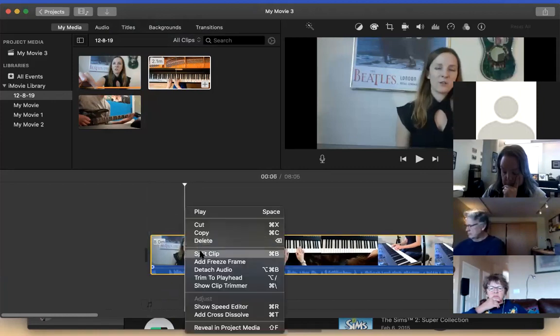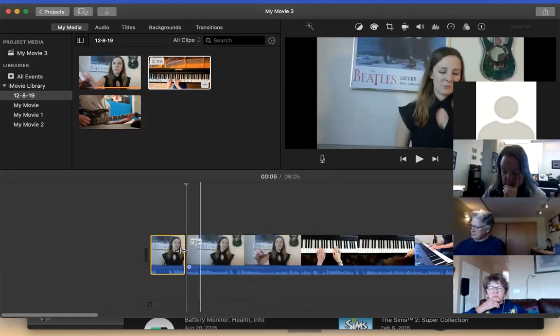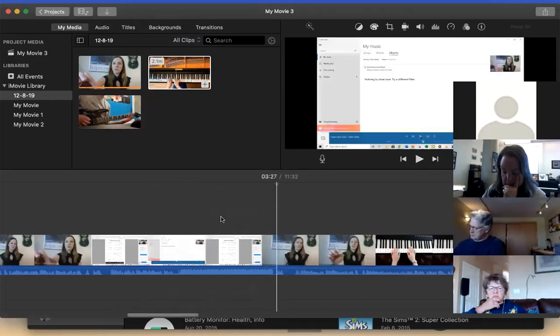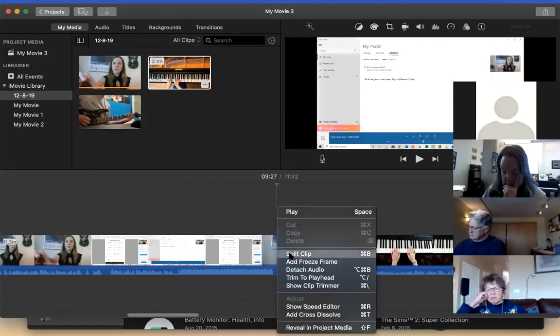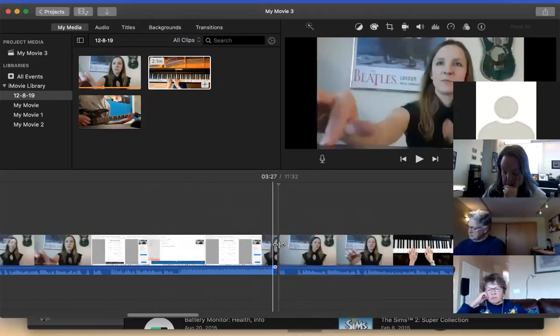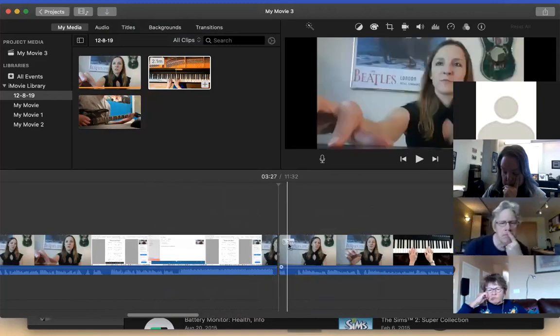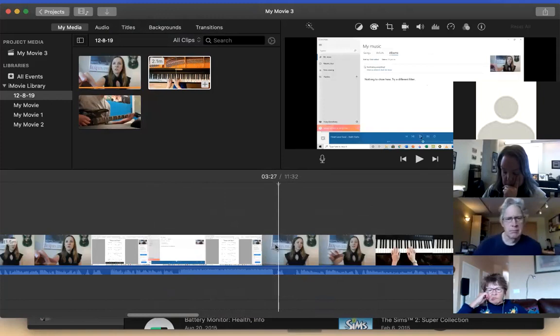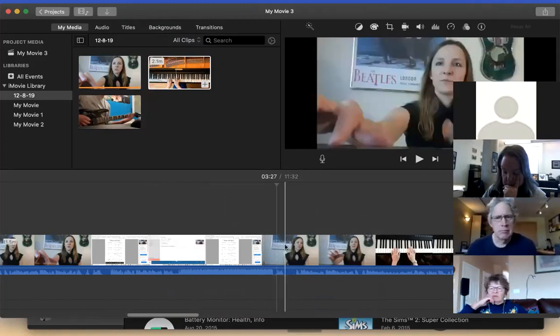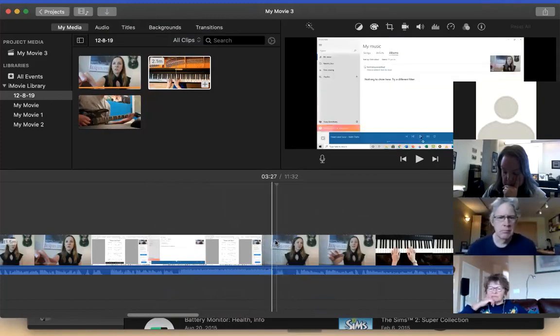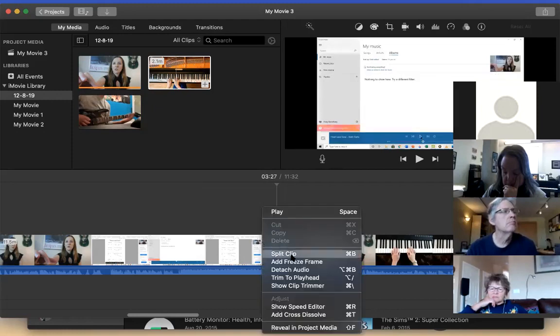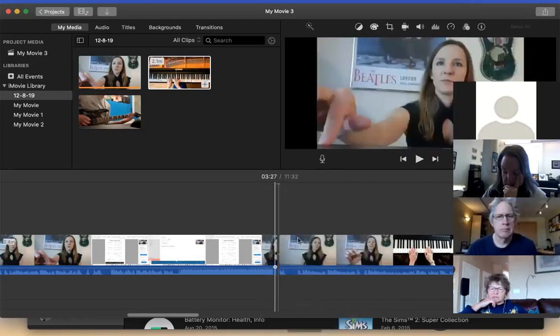Or I can say split clip. So split clip is going to cut it in the middle, so then I have both files. So split clip is probably the one you'll use the most often. So again, I have it at the playhead. I can hit split clip.